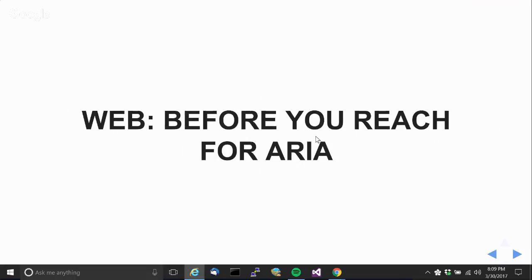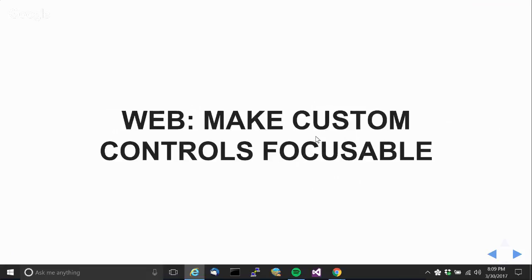Right, so before you reach for ARIA in a web application, use standard HTML elements if applicable. So if you want to do a button, but you don't want it to look like the stock button, see if you can just use a standard button tag and restyle it with CSS before you go do your own div and then have to add an ARIA role to it, etc. Because if you do reach for ARIA, there are some extra things you have to do.